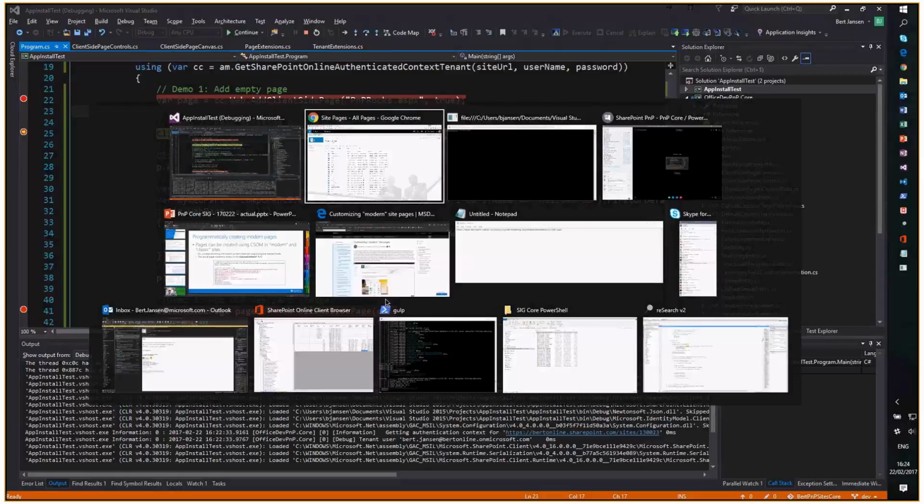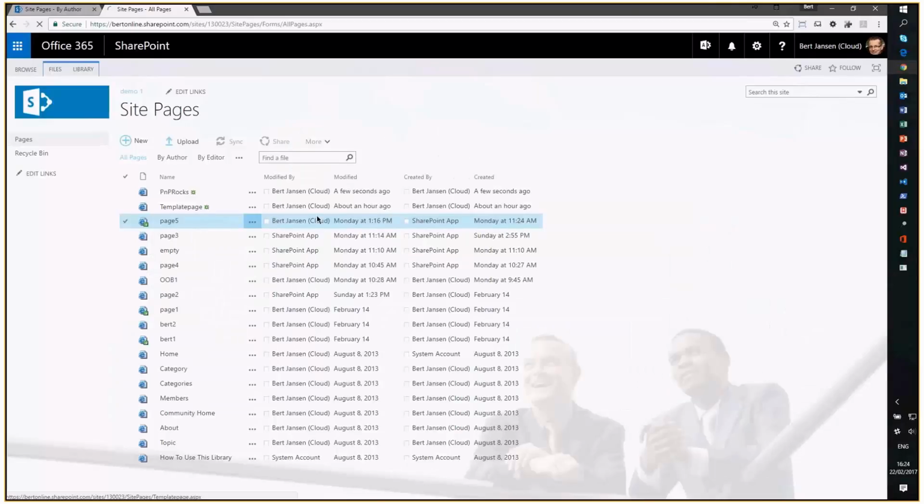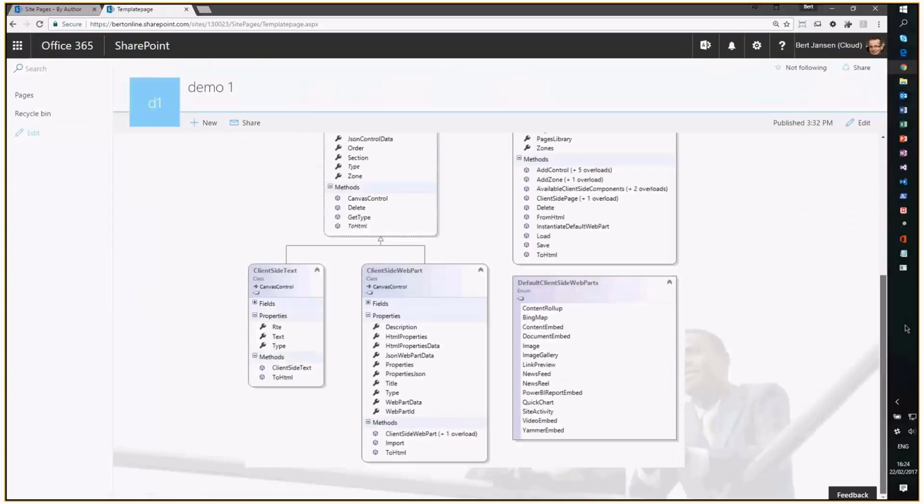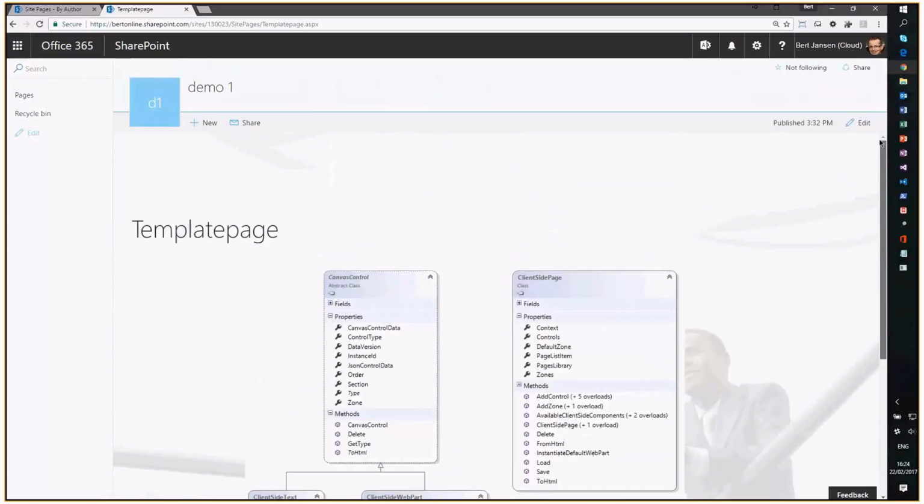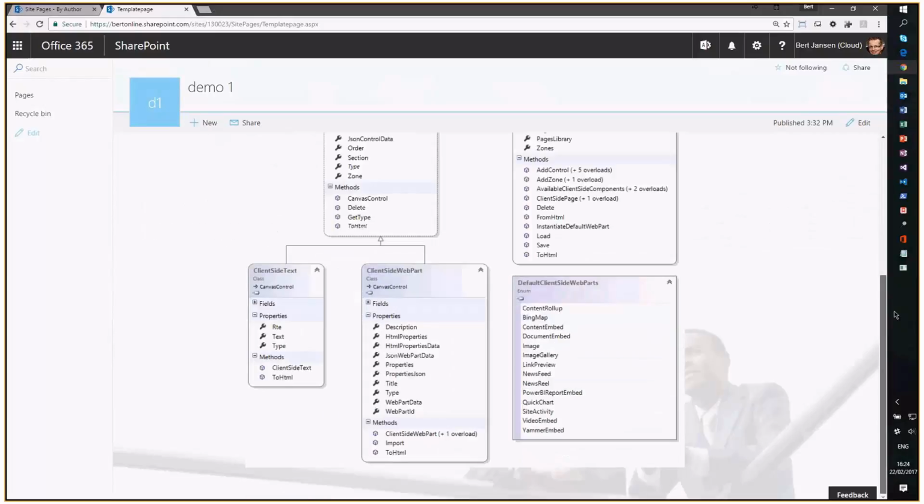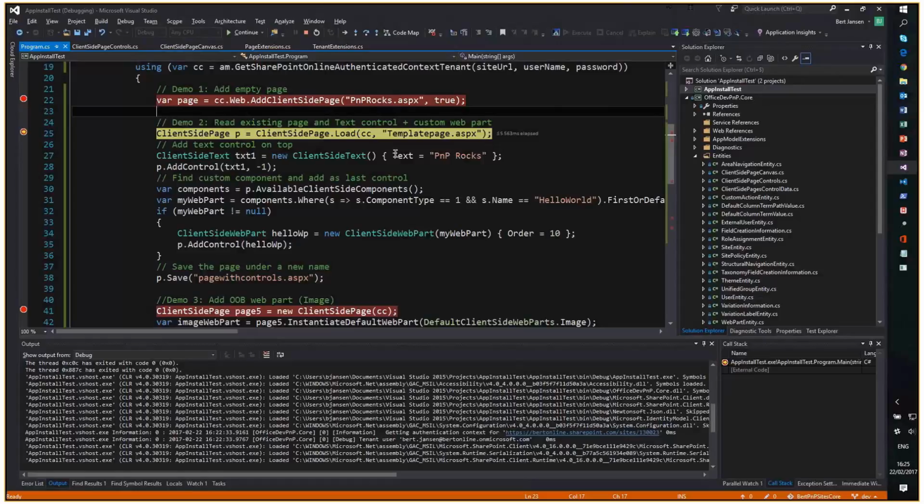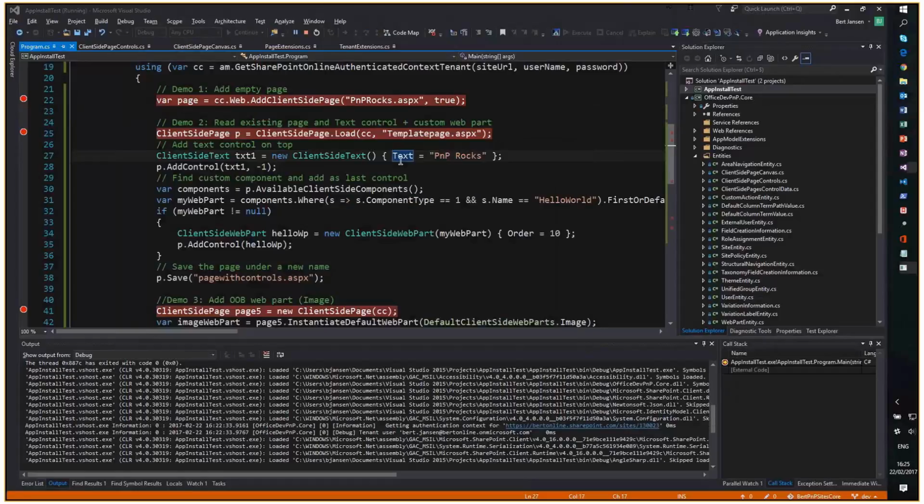So going over here, there is a template page, which does contain an image. So it's a fairly simple page, one control on the page, an image. So I'm going to load this page, pressing F10. And